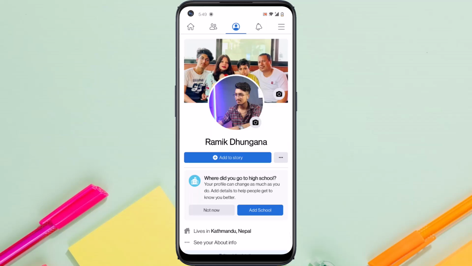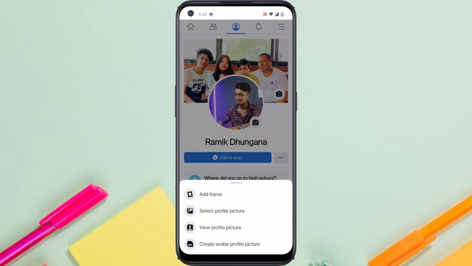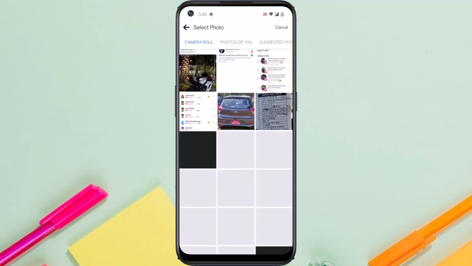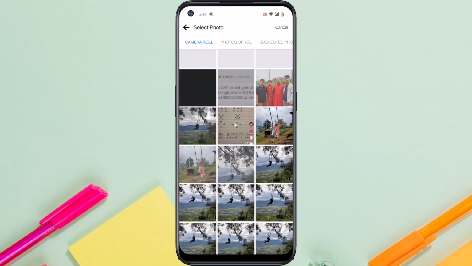Now it will take you to your profile where you'll have to tap on your profile picture and then tap on select profile picture. So select the photo which you want to be your new profile picture, and now once you've selected it,